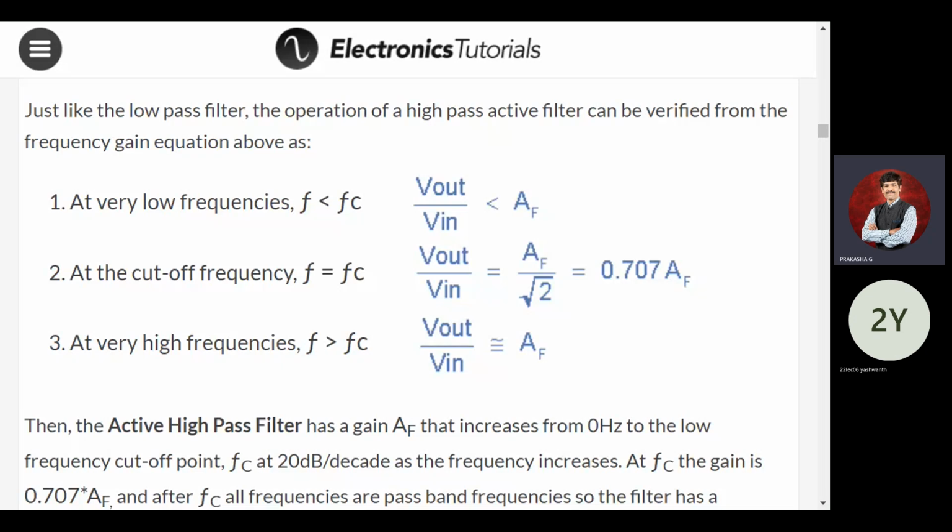The output of that particular filter has been given to the input of the other filter. That filter is a high pass filter. In that one, the low frequency components will be rejected. Once it reaches the lower cutoff frequency, from there it will start passing. This is one way. The other way is,